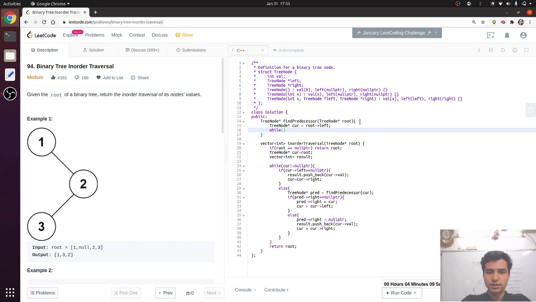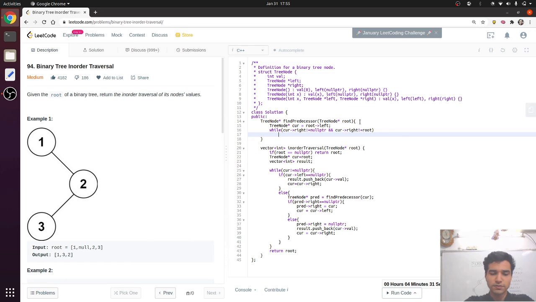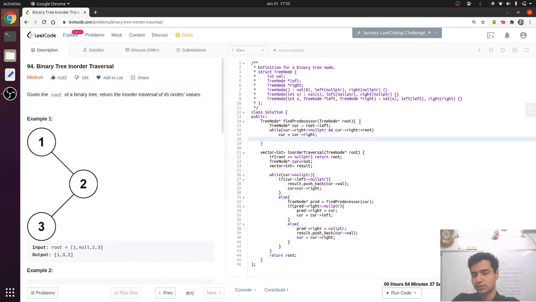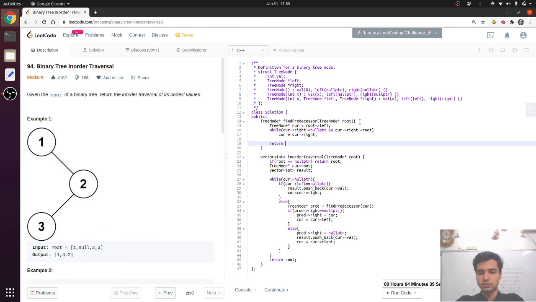So we'll just keep on iterating right till right is not equal to null pointer, and we have already not processed this, so its right could also be root, not equal to root. Till that we'll keep on going right. If either of these conditions is false, then we will just stop and return this current node, which is its predecessor. So I think this should work.